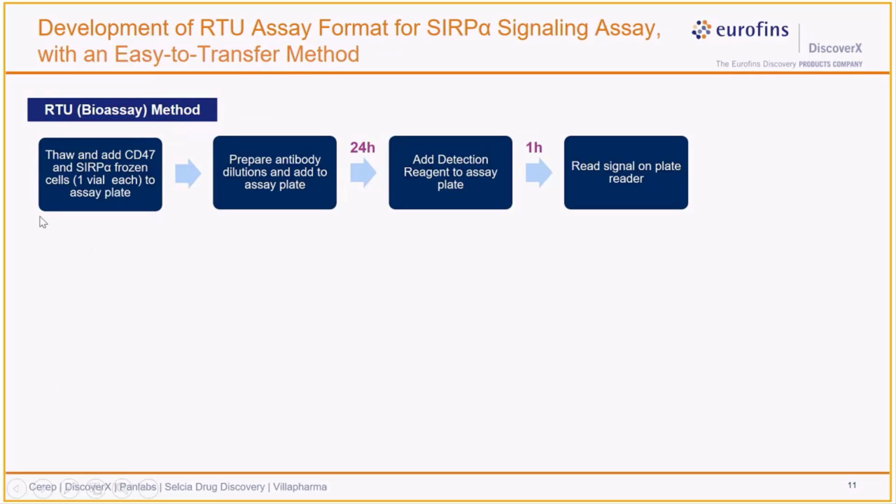But essentially what we do is we have frozen a vial each of CD47 presenting cells and our SIRP alpha cells, and we thaw a vial of each of those, add them to the assay plate, prepare the antibody dilutions and add those to the assay plate, and everything is incubated for 24 hours prior to addition of the detection reagent for 1 hour, and then we read that on our plate reader. So the total assay time is roughly 26 hours, so easily handled in most CROs,